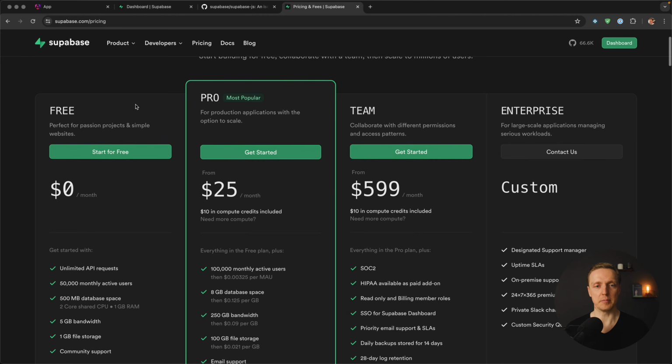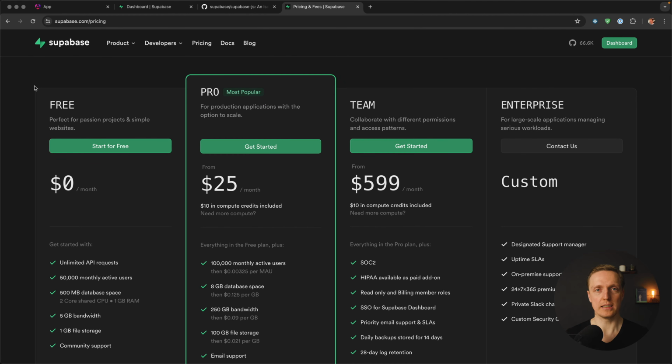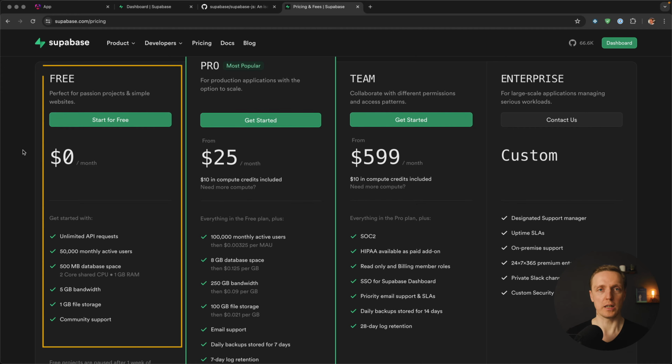And here you can see pricing. If you really want to compare it with Firebase by numbers, you can just open it and compare. But most importantly for this video is that we have a free tier, which is quite generous and we can use it. So with that being said, let's use Supabase for our Angular application to implement our to-dos database, which